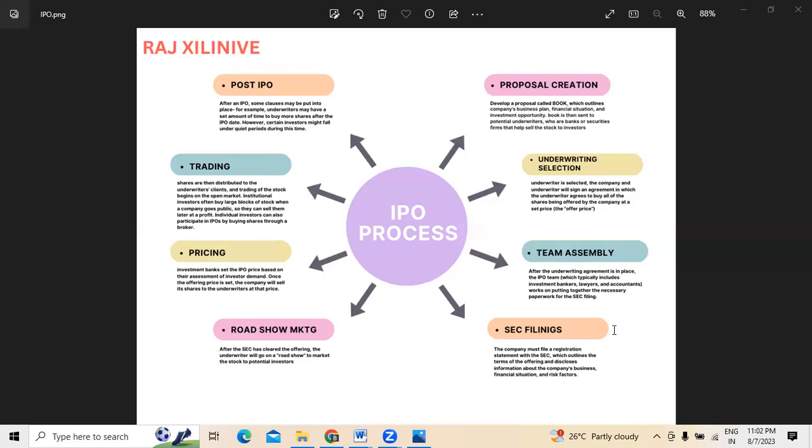The company must file a registration statement with the SEC, which majorly outlines the terms of the offering, as well as discloses information